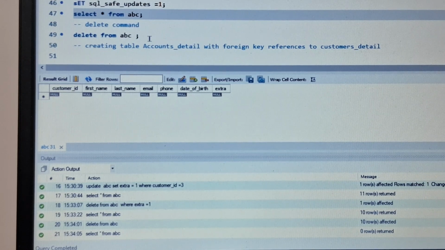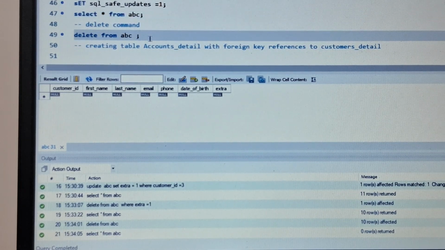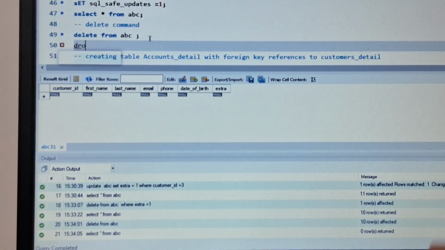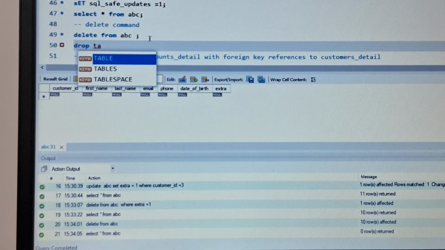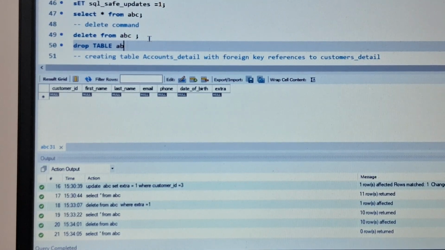To insert values again in the column, you have to use the insert into table name command. Now if you want to delete your table also, use drop table ABC. So it will delete my table ABC.